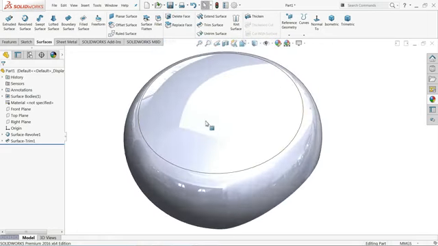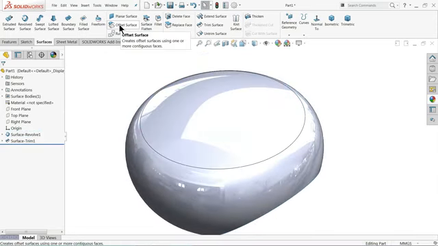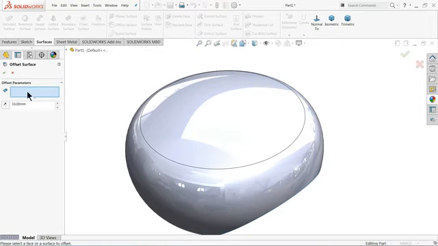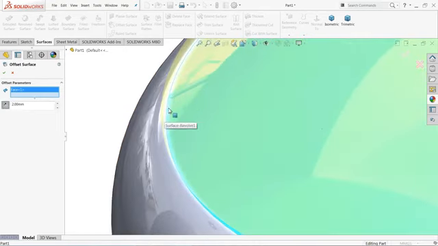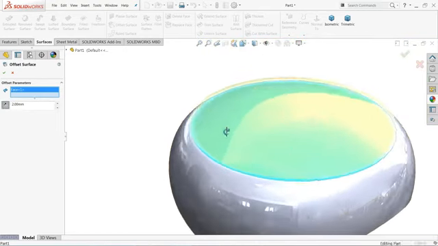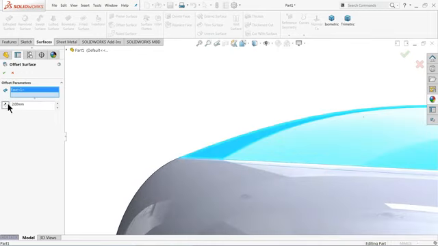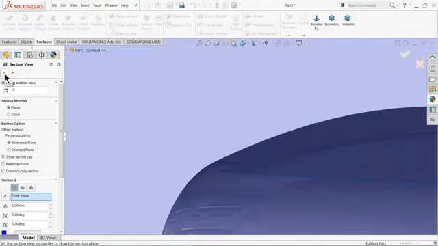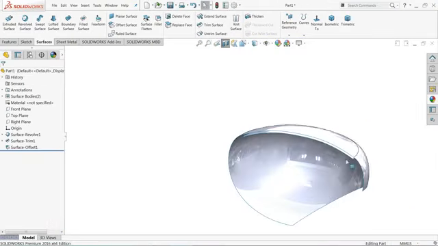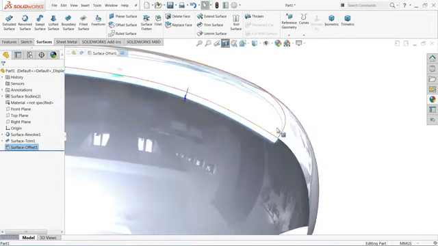Now here we need to make a little depth in this face. So how we will do this one? Let me select offset surface. Select this surface and we want to make an offset of 2 millimeter. Reverse direction, see, you can see the yellow mark in upward direction. We don't want upward direction, we want reverse direction, so reverse it. Okay, let me select. Now you can see a surface created below the upper surface.